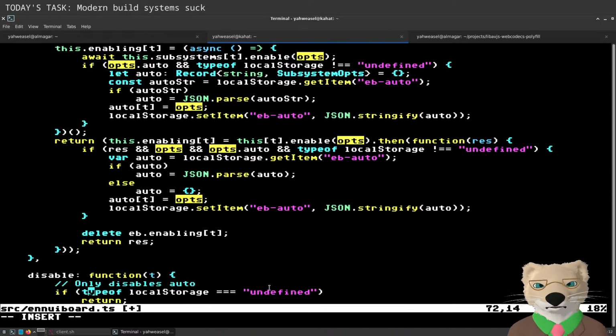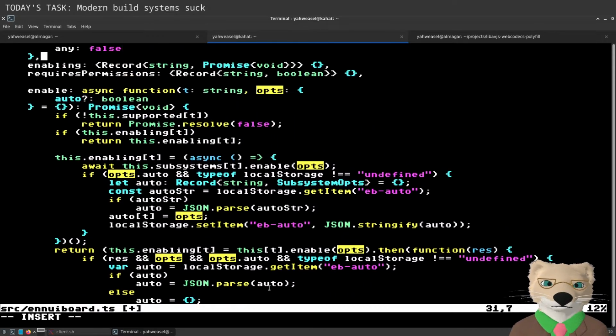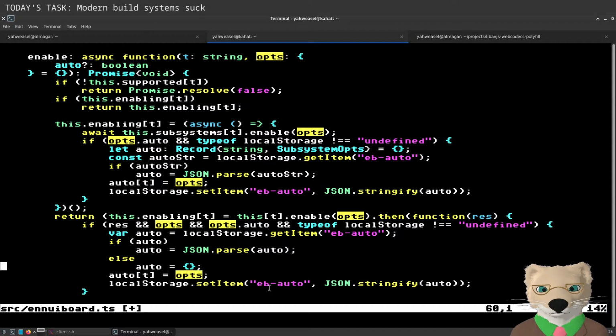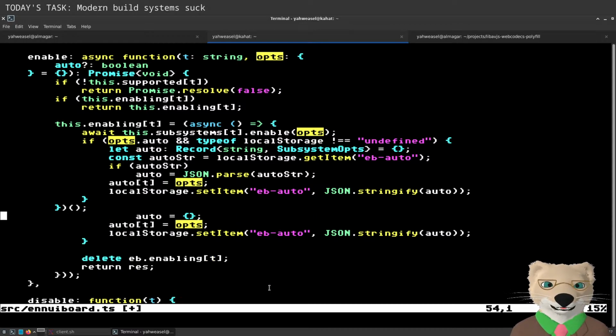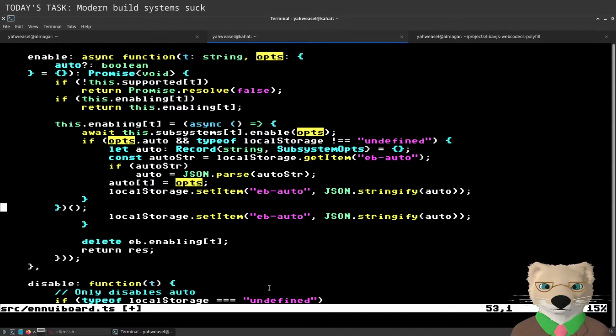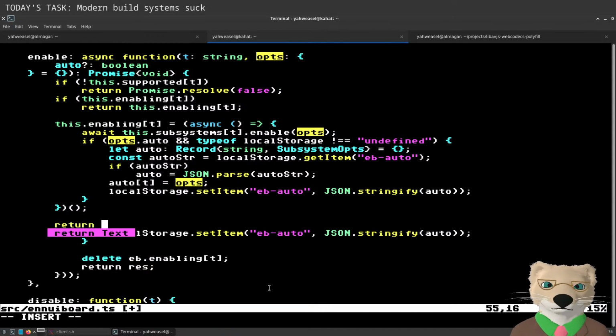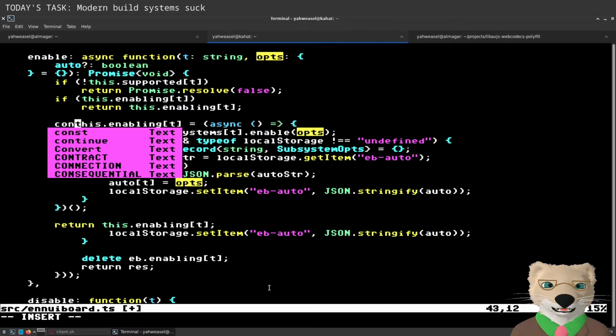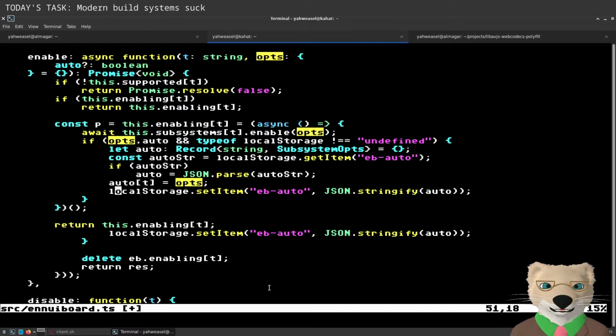Odd. Why did I delete the enabling? It would make sense to delete enabling if I had it somewhere else, if I had some other way of getting it, but the way I've written it, it can just re-enable. I don't think I want that. I think that was just a bug. I should just be able to return the same promise. That's totally fine. Let's go ahead and do this in a way that does not involve redundant lookups.